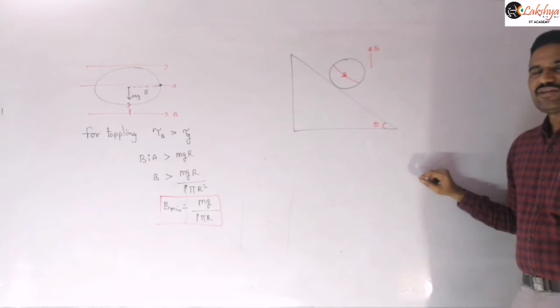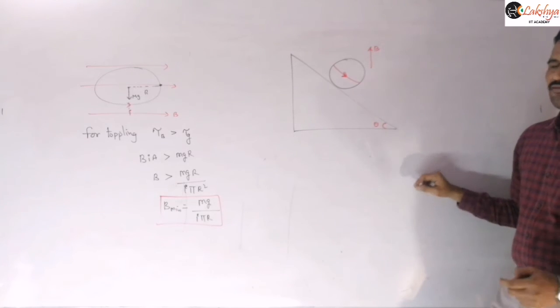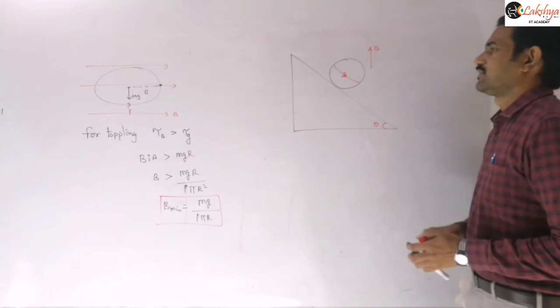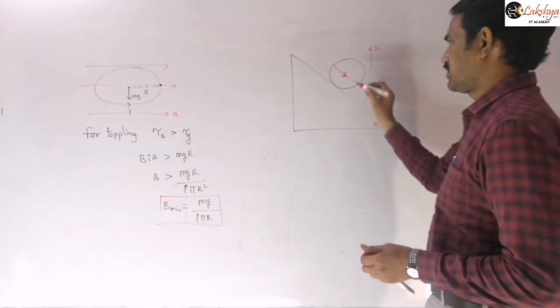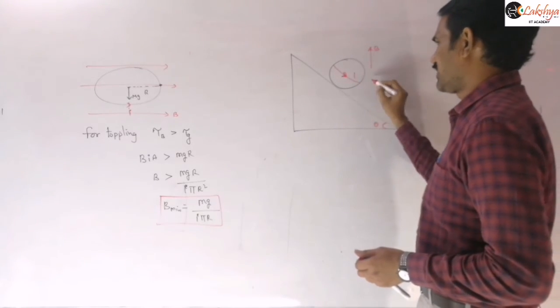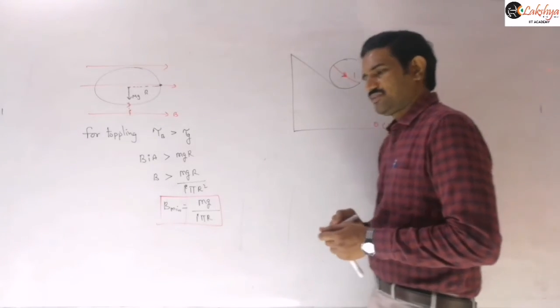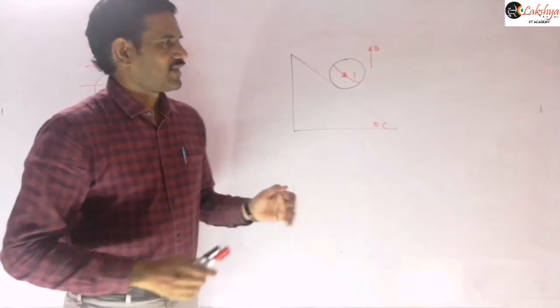Find the magnetic field to be applied to keep the sphere in equilibrium. So I is the current flowing and m is the mass of the sphere there. You may mention that in brackets. R is the radius of the sphere, m is the mass of the sphere, and I is the current flowing